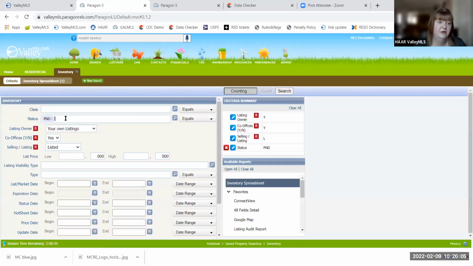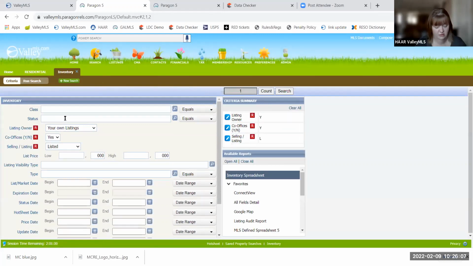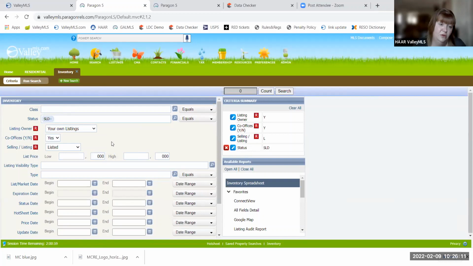I'm going to go back to the criteria very quickly and delete out the statuses, and I'm going to put in solds. Now, I don't have any solds, so it's going to be a little less meaningful. However, if you're wanting to see how many deals you've done this year or in your entire lifetime in MLS that have gone through the MLS, to me, this is more meaningful than statistics. Maybe it won't be to you, but what we can do is say, I want to see my solds.